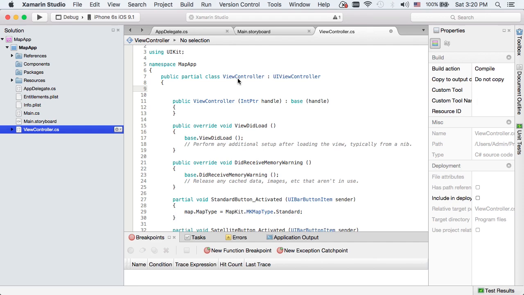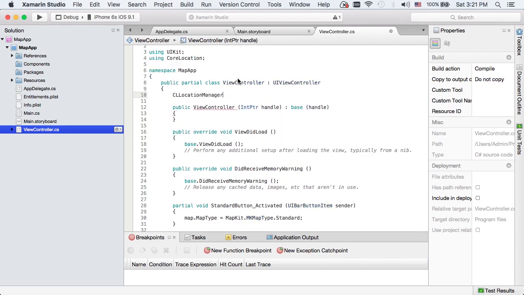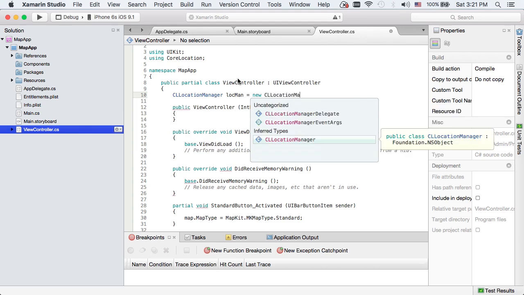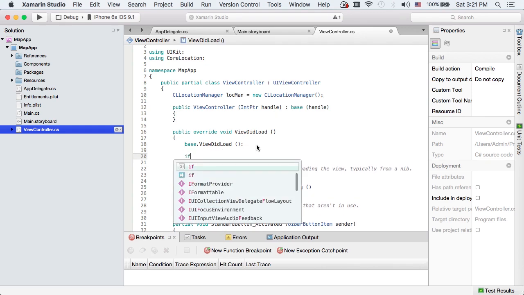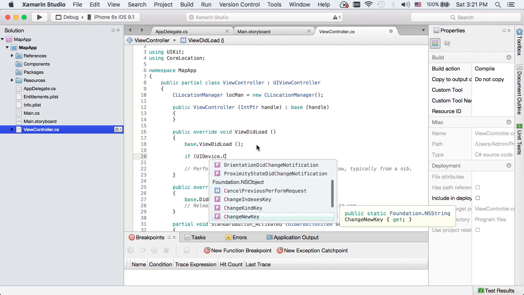If that happens, iOS will have some very hard times and our app might actually end up crashing. So to save all that trouble, we'll make sure that the CLLocationManager stays in scope the whole time just by being field level. I'll need a using. And now I can actually add the code to request. Now remember, these APIs are only available on iOS 8 and above. So we're going to go ahead and check